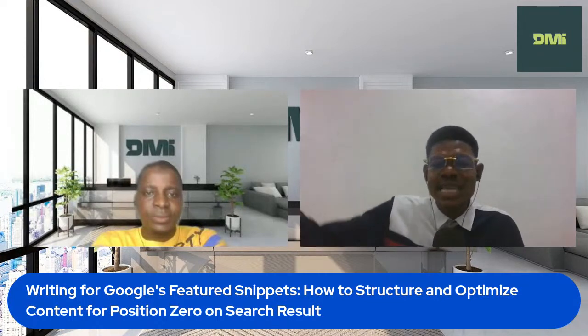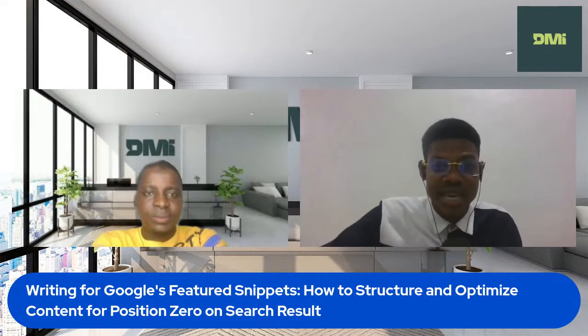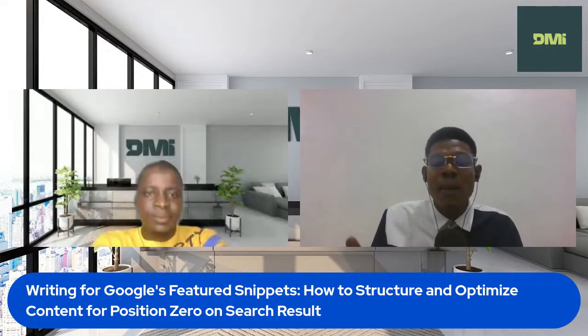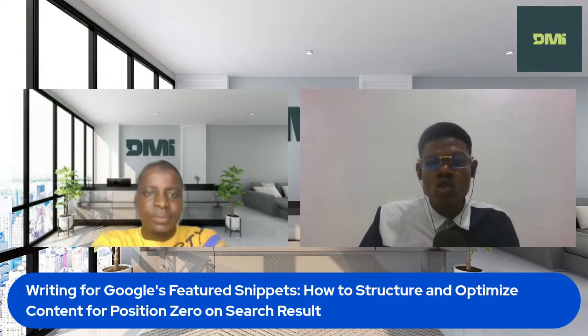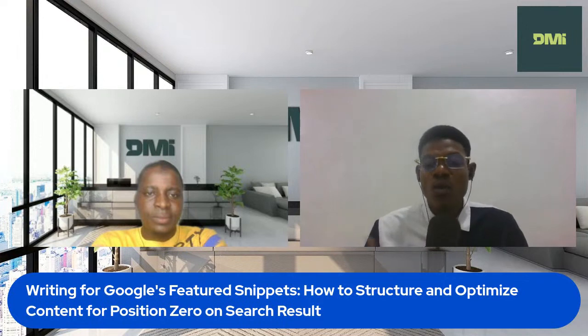The person needs step-by-step direction on how to bake the cake. So once you understand the search intent, you will know the kind of content to provide to rank for a featured snippet. For example, if I want to rank for a featured snippet for a question like how to bake a cake,